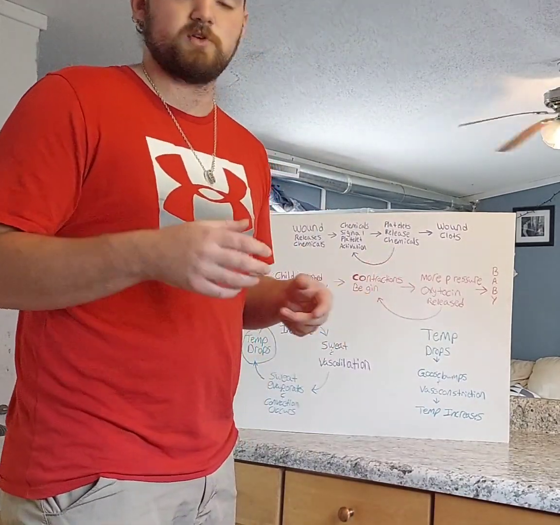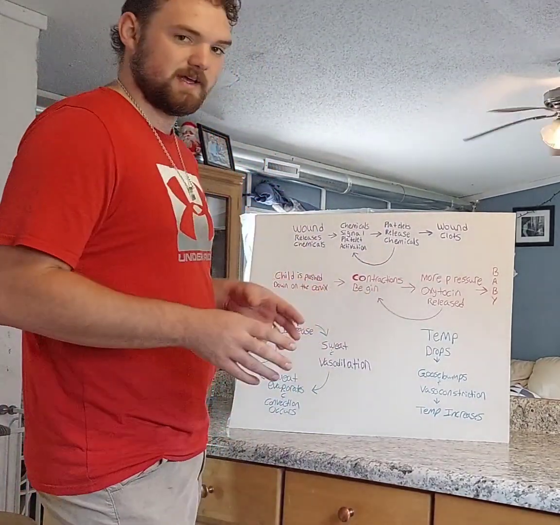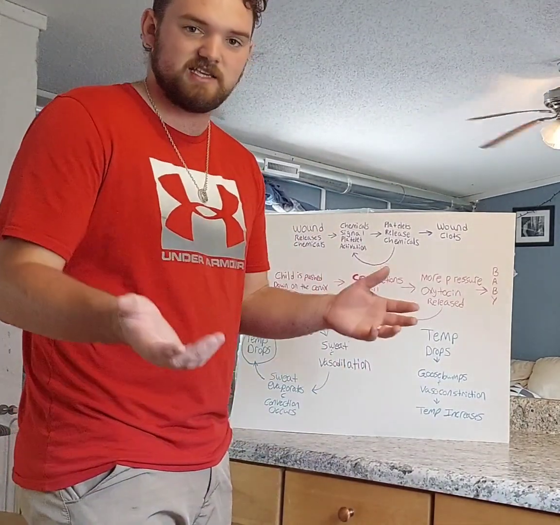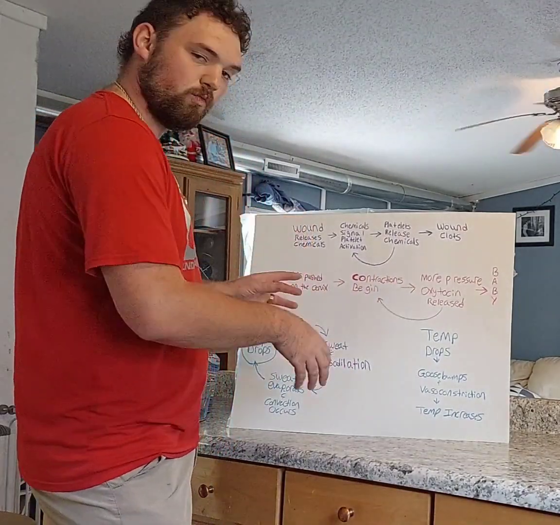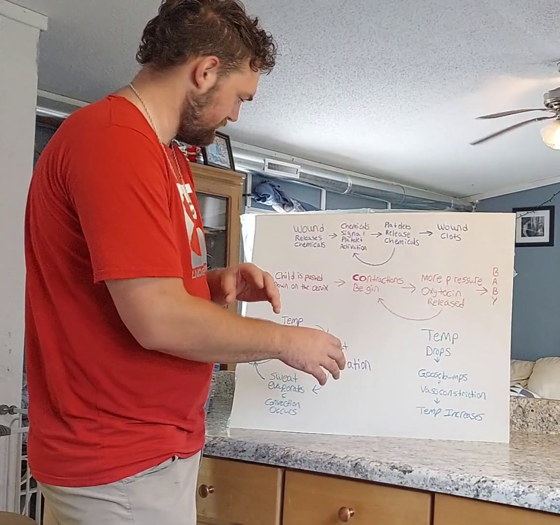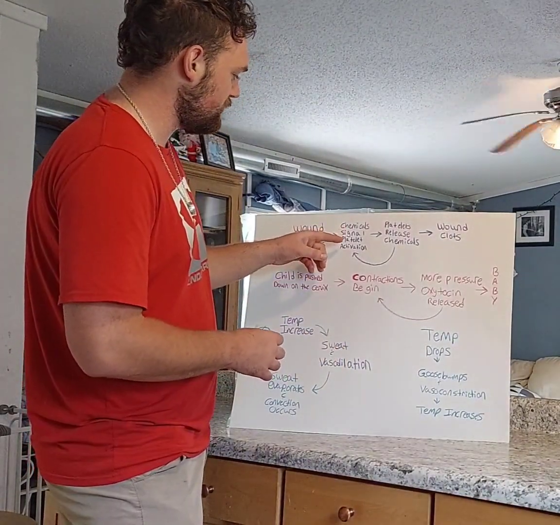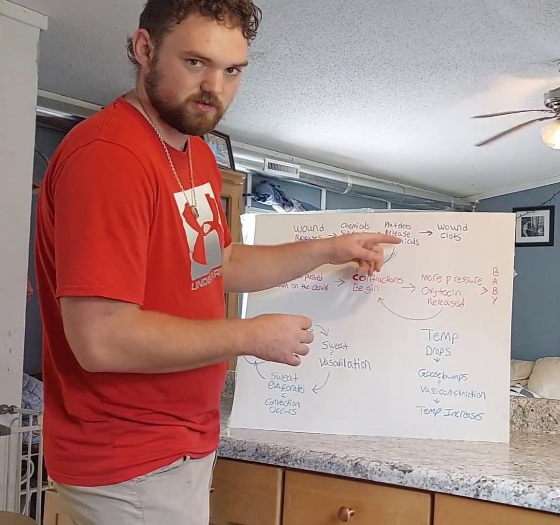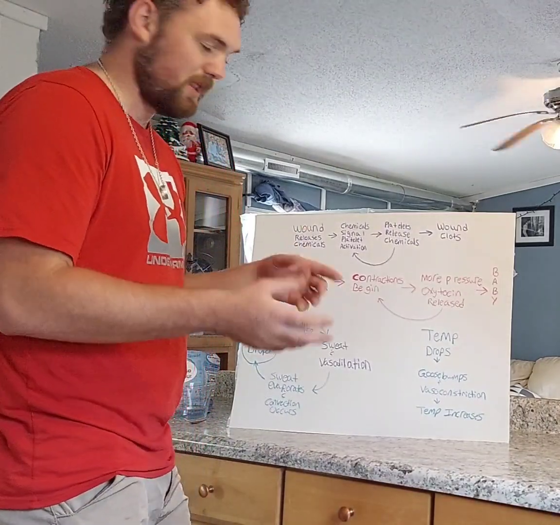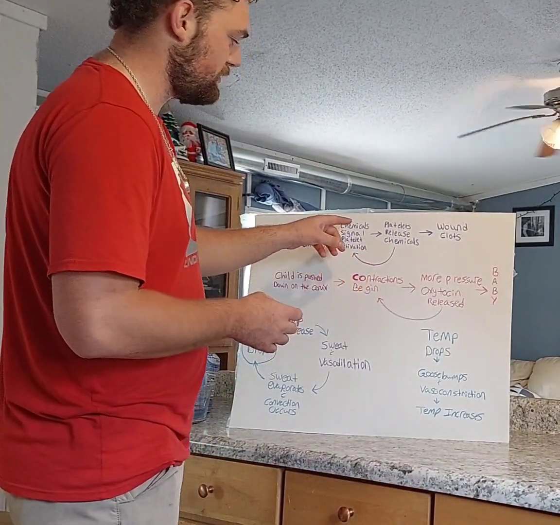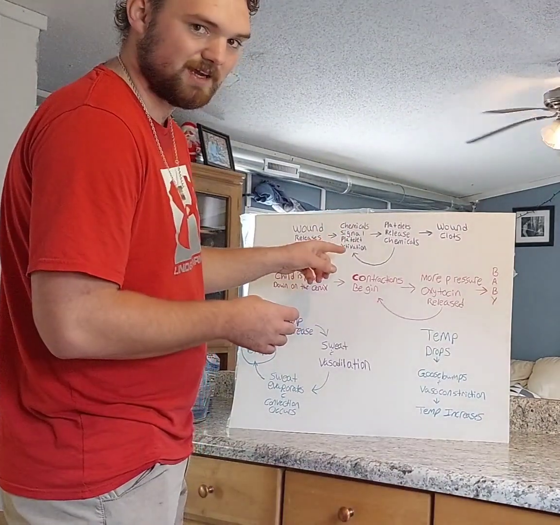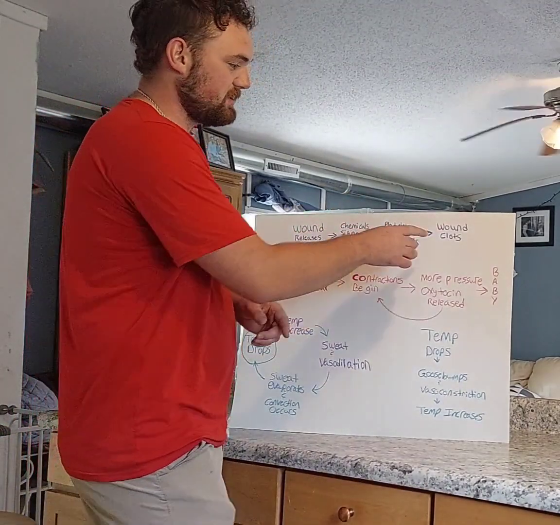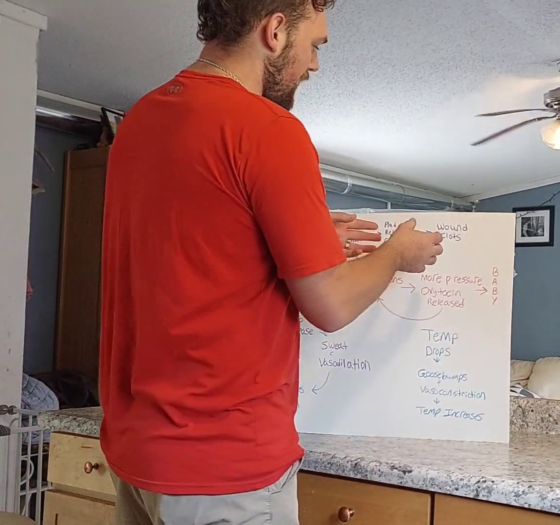So let's give some examples. We'll start with positive feedback loops. A really great example that everybody can relate to is if you received a wound or a cut or an injury, just any sort of injury. That wound is going to release chemicals. Those chemicals then signal platelet activation. The next step is going to be that the platelets release chemicals. Now this is where your feedback loop comes into play because it's going to loop back around to that last step of chemical signal platelet activation, and then platelets release chemicals. And it's going to continue to go in a loop until, if your body's doing its job properly, your wound